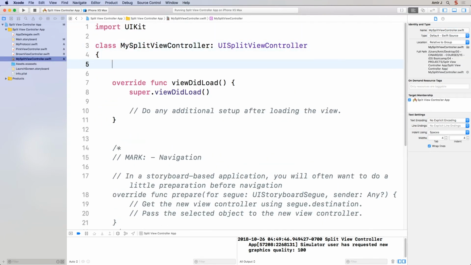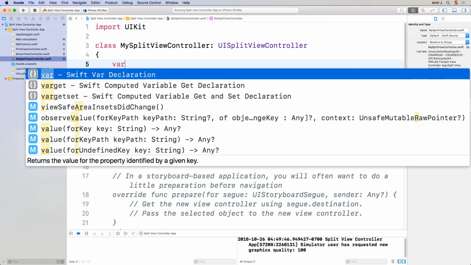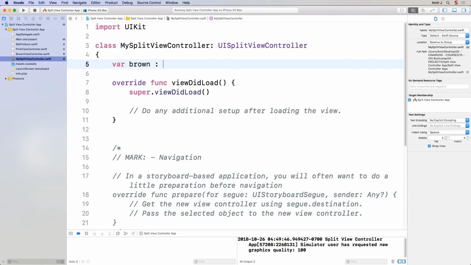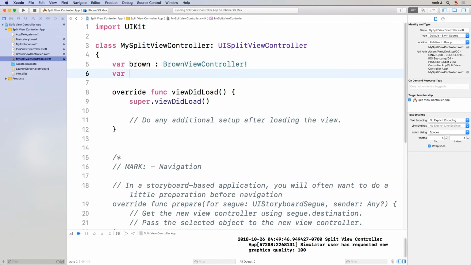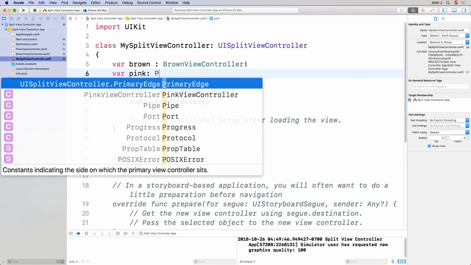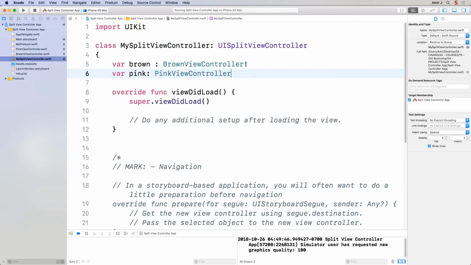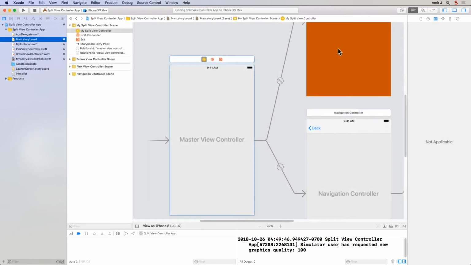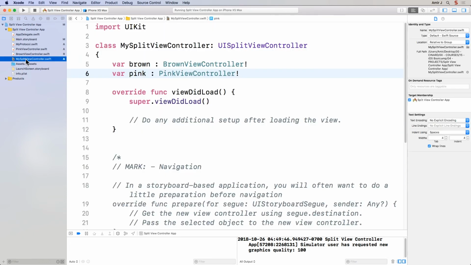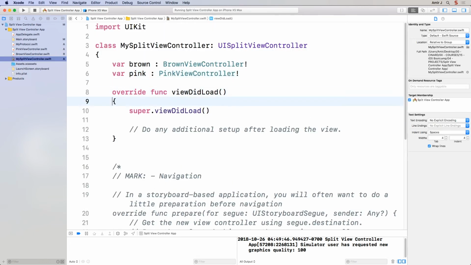The first thing I'm going to do is get two variables. One of them is going to be called brown, and my brown is a brown view controller. And then I have a variable pink, and that is a pink view controller, like that. So far in my split view controller, these two are just mere variables. They have no relationship with the destinations of the two segues in my storyboard. So that's something I still have to define in here, and I do that in my viewDidLoad